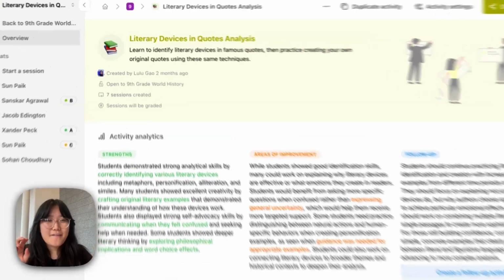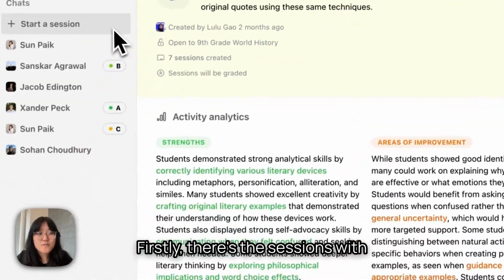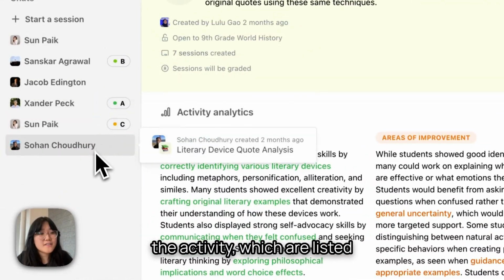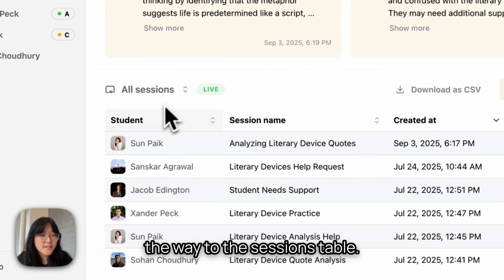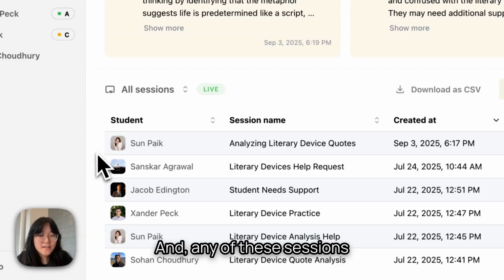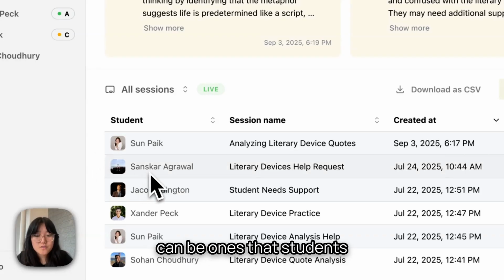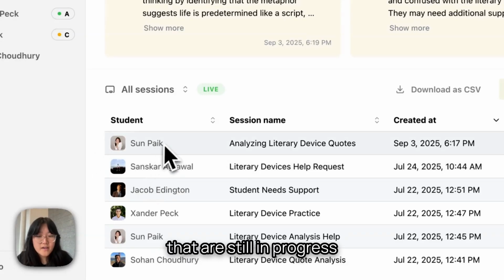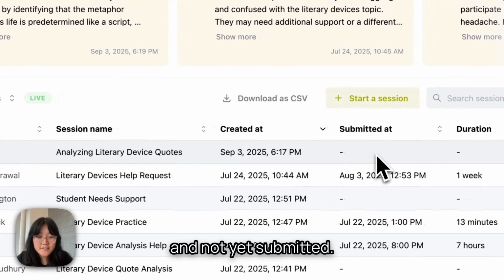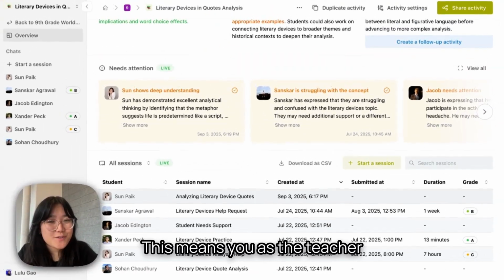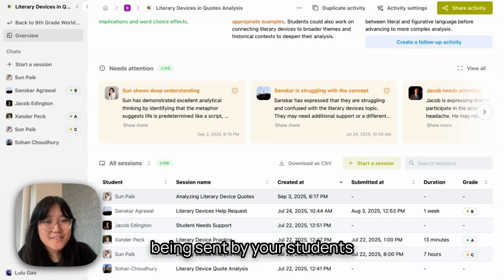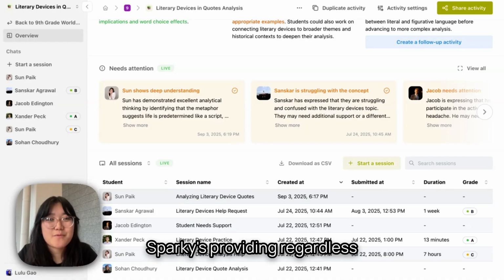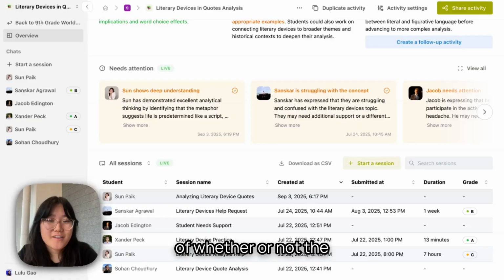Firstly, there's the sessions with the activity, which are listed on the left-hand side here or at the bottom if you scroll all the way to the session table. And any of these sessions can be ones that students have submitted or ones that are still in progress and not yet submitted. This means you as the teacher of this activity can see all of the messages that are being sent by your students and all of the responses that Sparky's providing, regardless of whether or not the session